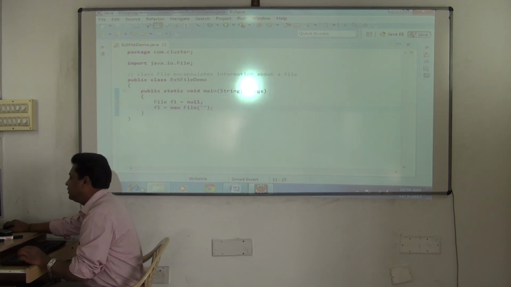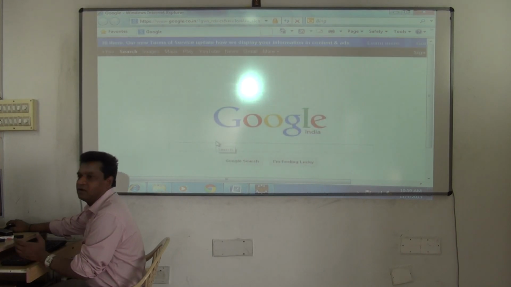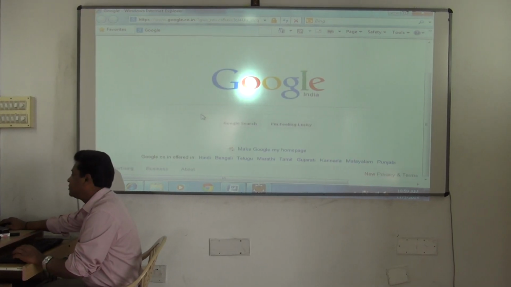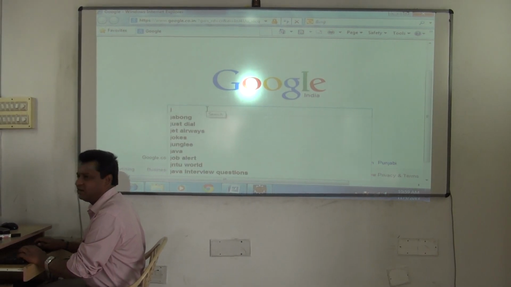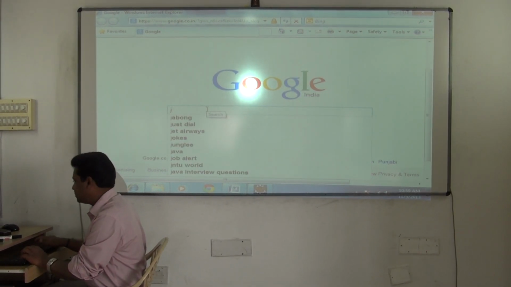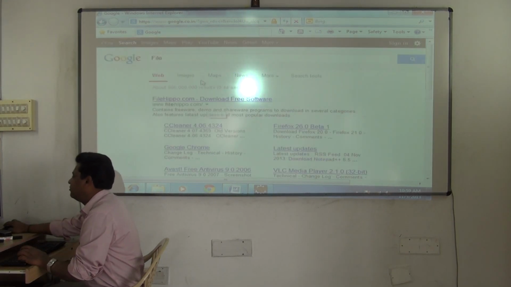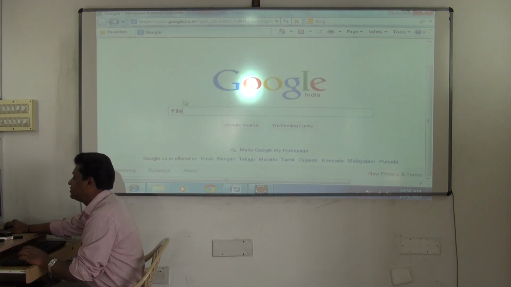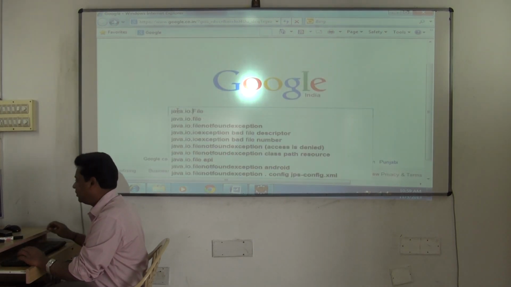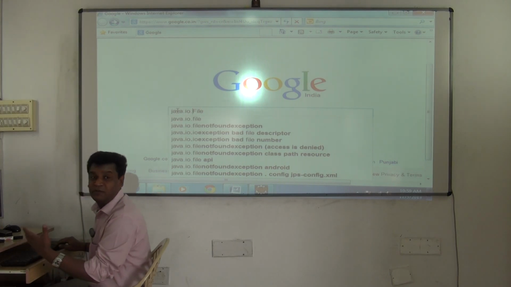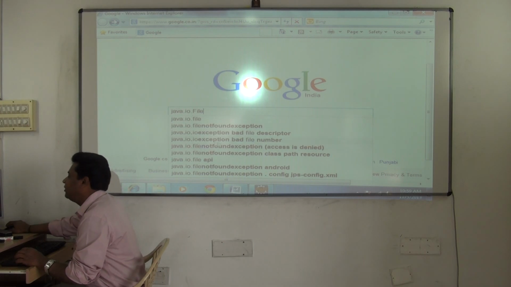So you can go to the internet and type, or you check the API or the docs. Understood? You check the docs now. What does it tell? Java. Okay. See, File is a very common one. So instead of typing just File, it will give you a lot of information. So better you type in some common searches. Give the fully qualified name. Understood? You should know how to Google it out. So java.io.File means